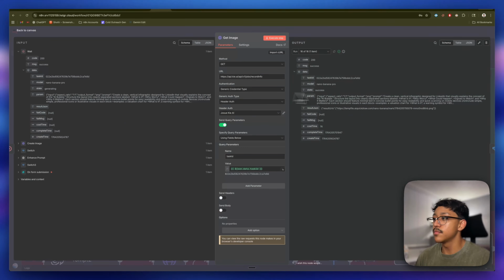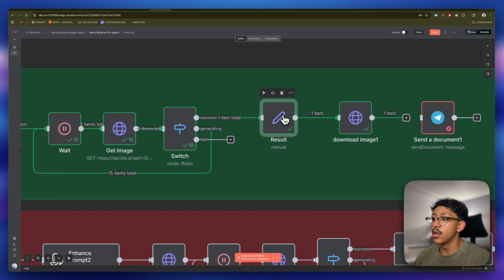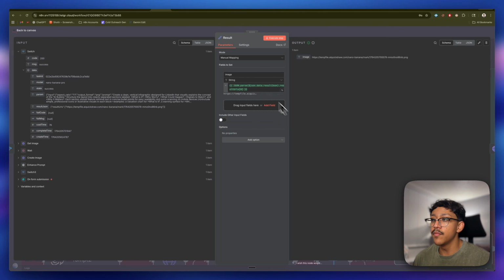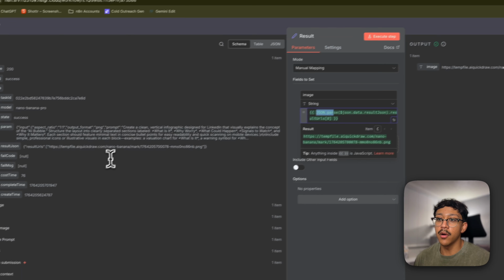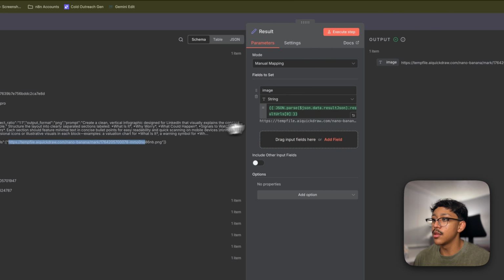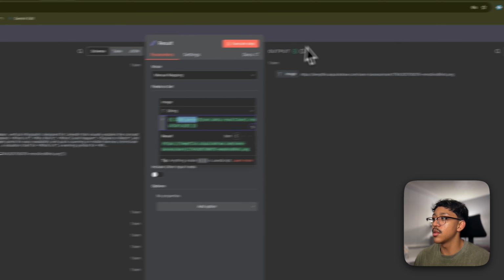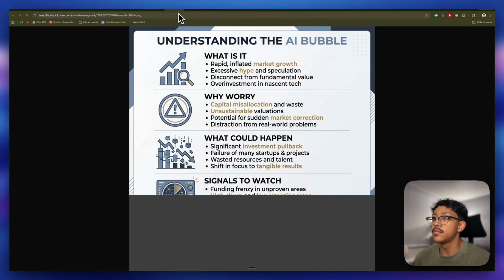Once this succeeds, we're going to get a result JSON, which is this right here. This includes the URL of that image. So what we're doing here is we're just adding it into a variable that's called image. And we're doing json.parse because we want to parse this right here to only get the URL. So what I did is I mapped this in here and I did a function json.parse, and that just gave me the URL. Now, if I open this URL, it's just going to open the image in a new tab,